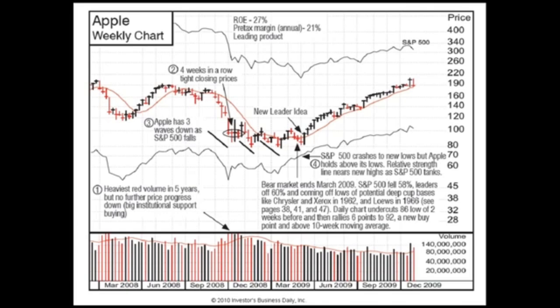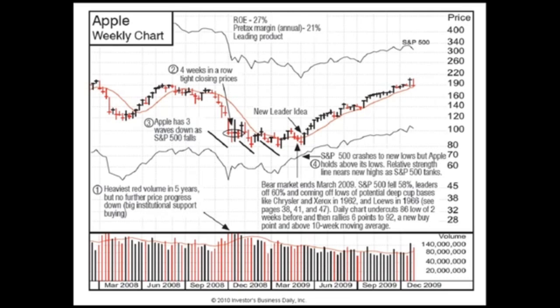Now, here's the first one, and I'm showing you exactly where we put it on our leader laggard service in the institutional area. If you'll notice, that was back right at the turn. As I mentioned, you had this 58% correction, and the leaders were all off, and we used a precedent. We like to have models of stocks in past cycles. We used a precedent of Chrysler and Xerox back in 1962, when you had a terrible market that broke down, and we can maybe show you that a little bit later, that you built a somewhat similar situation.